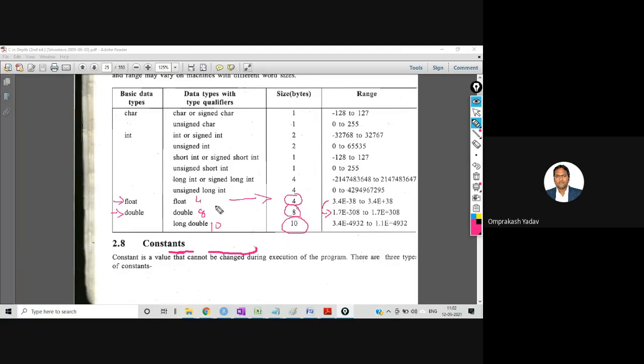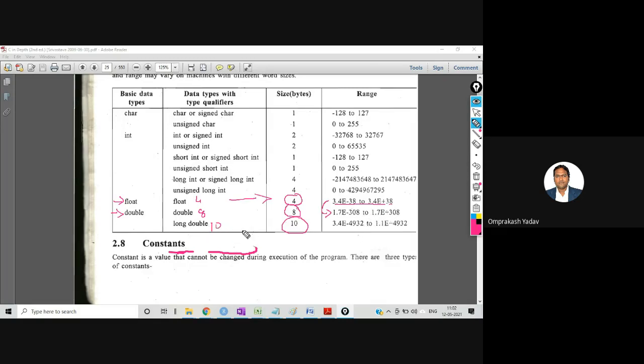So for float, we have this range 3.4 e raised to minus 38 to 3.4 e raised to plus 38. For double, we have 1.7, I just made it half, but e raised to minus 308, because this is 8 bytes, so it will cover a longer range. So 1.7 e raised to minus 308 to 1.7 e raised to plus 308.